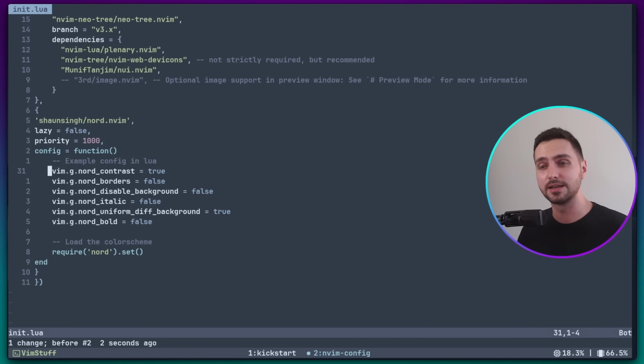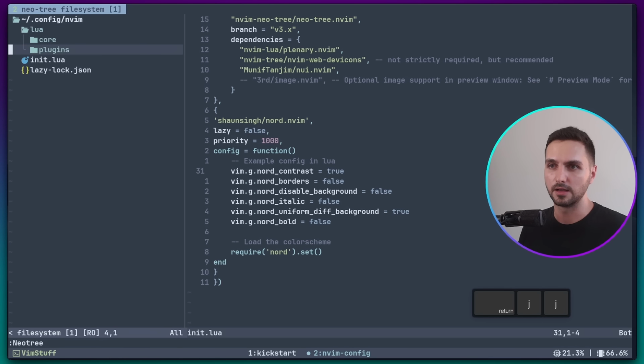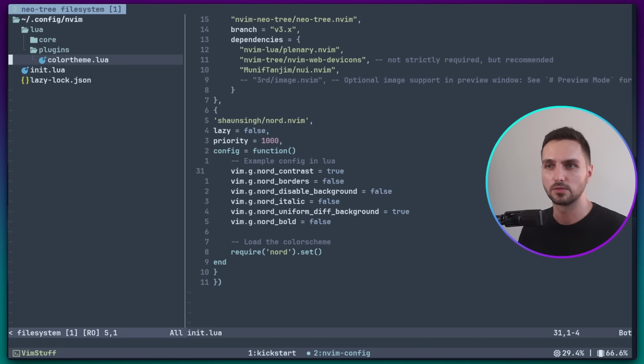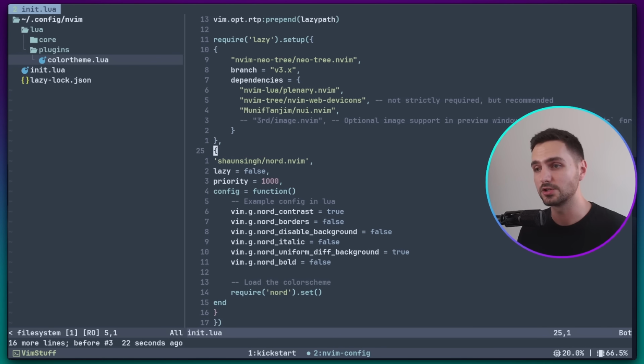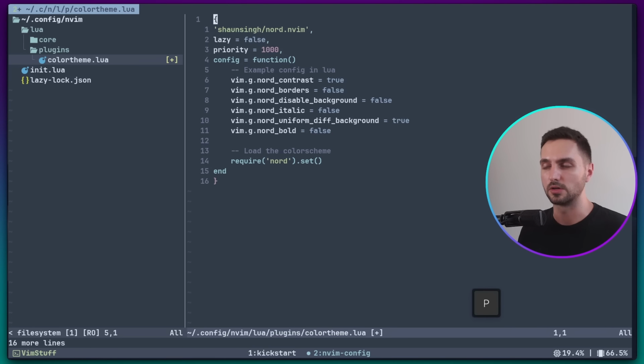What I want to do instead is create a module for each of these plugins and then import them in this init.lua file. Let's do that with a color theme, for example. So again, let's open Neotree. Go into our plugins directory that we already created and create a module for colortheme.lua, and here we want to create our color theme. So let's actually delete it from here, save this file, open the color theme file and paste our color theme